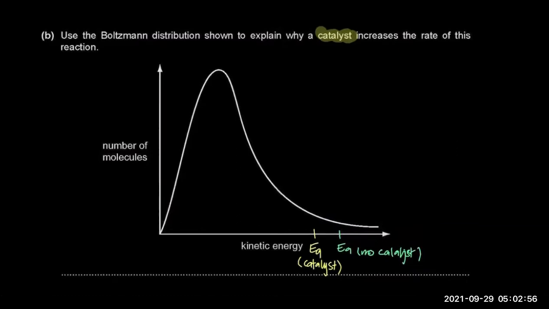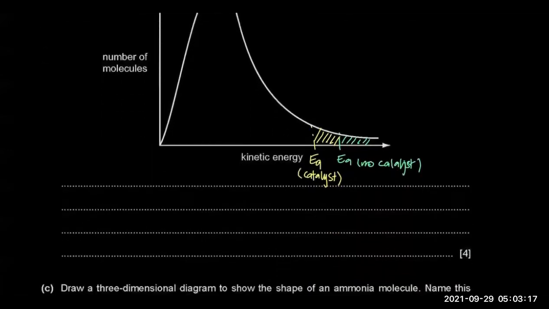All right. Now, if you remember, what that means is that initially only this many molecules were reacting, the area under the graph. Now we have that plus this extra area. So the total number of molecules reacting has increased, right? And what's the explanation? So we can say that a catalyst,